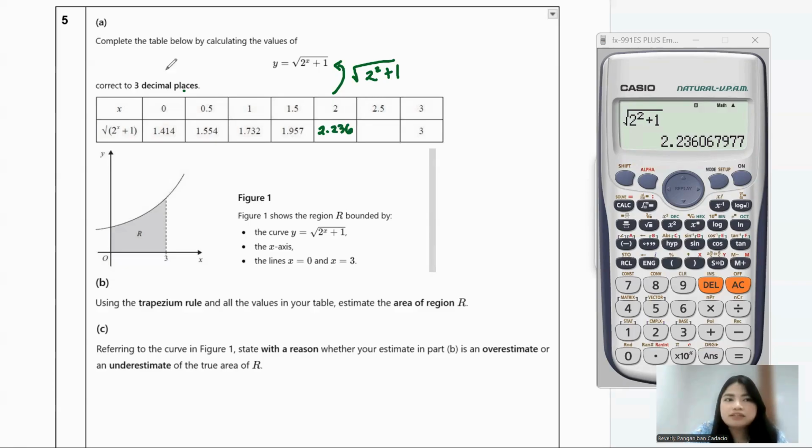And then next, please don't erase that thing in your calculator. Just put the cursor back to that exponent, and instead of 2, make it 2.5, and then click equal again, and it will give you 2.580. Still put 0 just to follow the 3 decimal places there. And that's it for letter A. So please don't skip this kind of question just because it's easy.